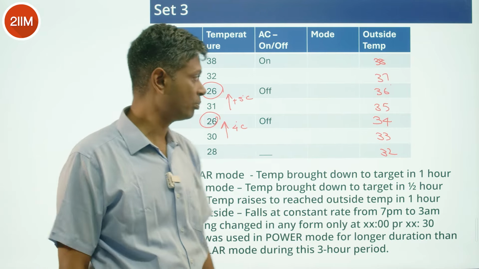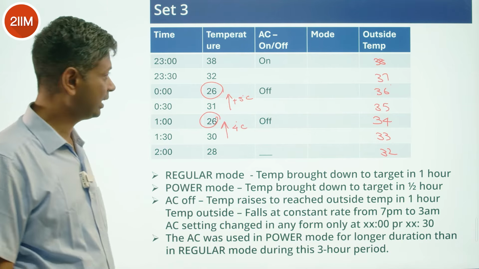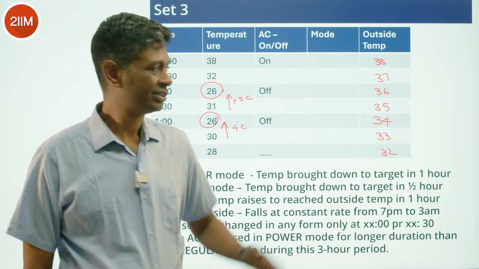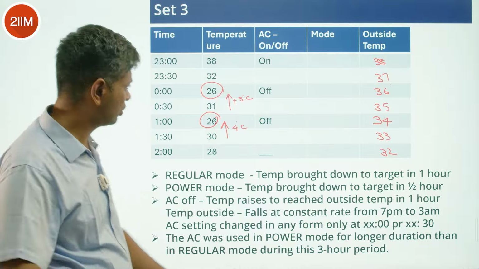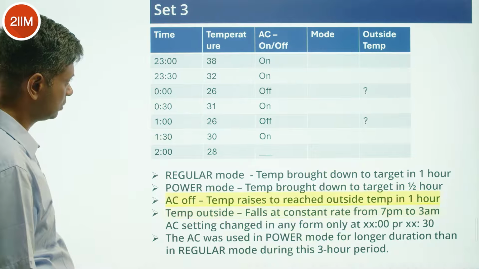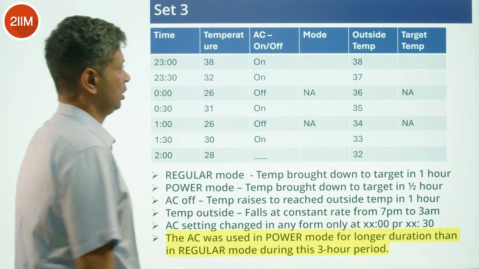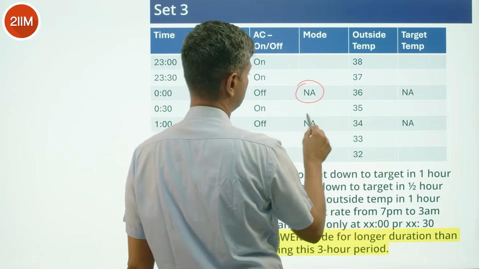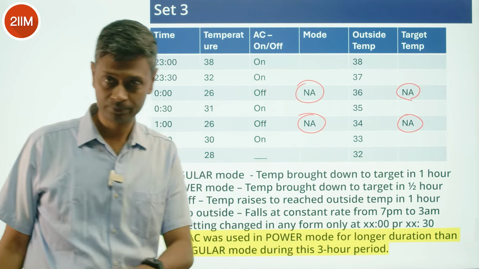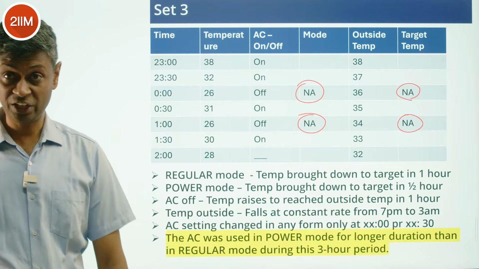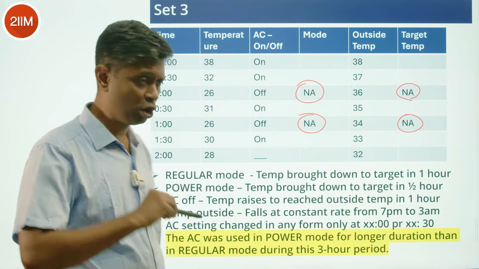External temperature drops at the rate of 1 degree per every half an hour, and it happened to be 38 degrees Celsius at 11 o'clock, gently falling to 32 by 2 o'clock. Nice, brilliant. Here there is no mode. Here there is no target temperature. Switched off. Now is where it gets very interesting, because we know that the power mode was for longer duration